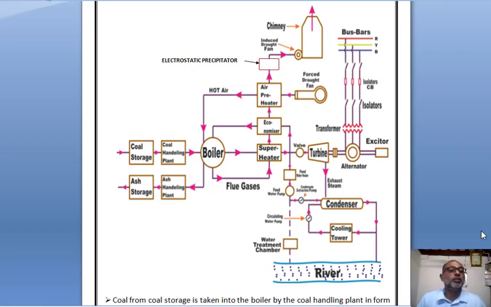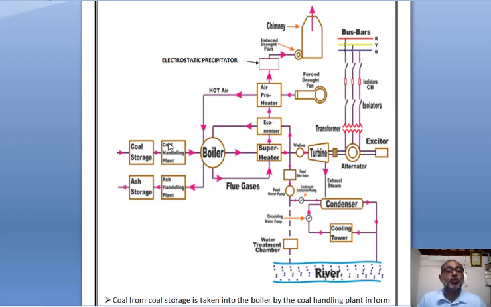Line diagram of thermal power station. Here this is the line diagram of thermal power station. So in this power station, the coal from coal storage plant is taken into the boiler by the coal handling plant,